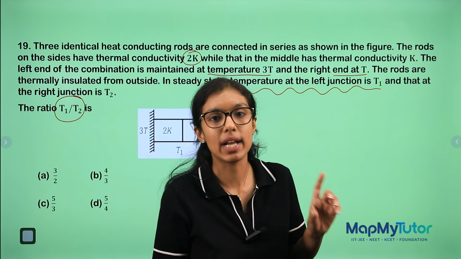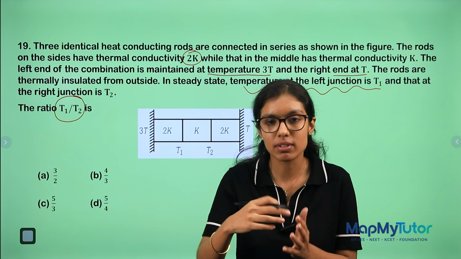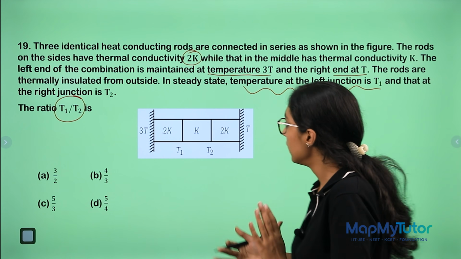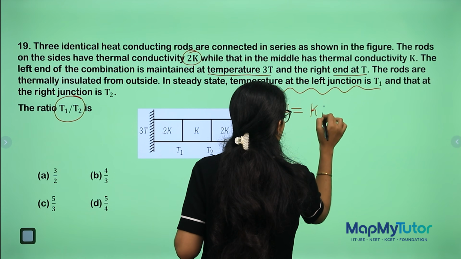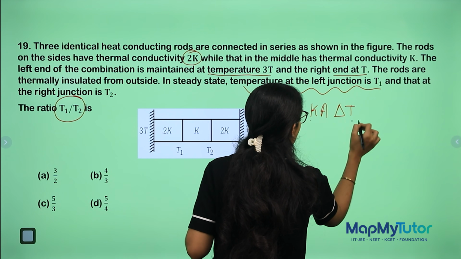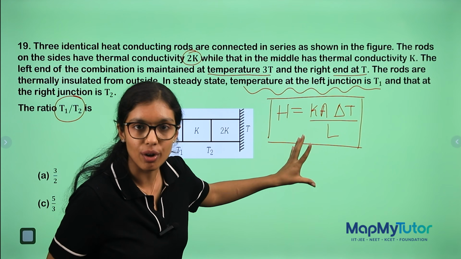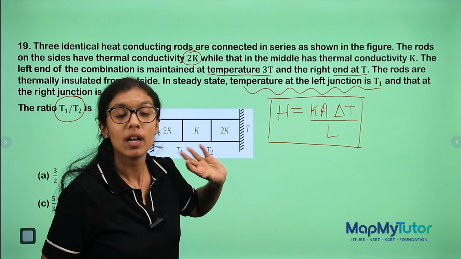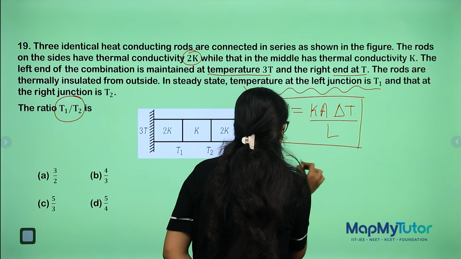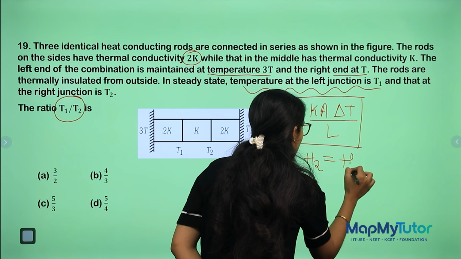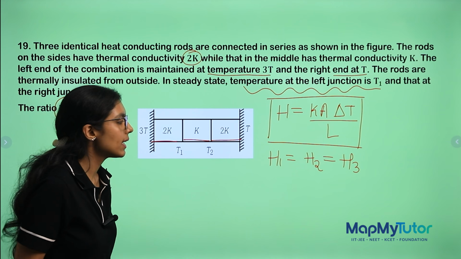For this particular question, I will be just solving the conceptual part of it. The basic equation substitution you need to do at home. Alright. So what is the concept? We know a formula, H equals K A delta T by L. When I am going to teach you thermodynamics, I am going to focus more on this formula. Why? Because major questions are asked from this. Now, heat will be the same in steady state. Heat will be the same here also, here also, here also. Then only steady state can be attained.